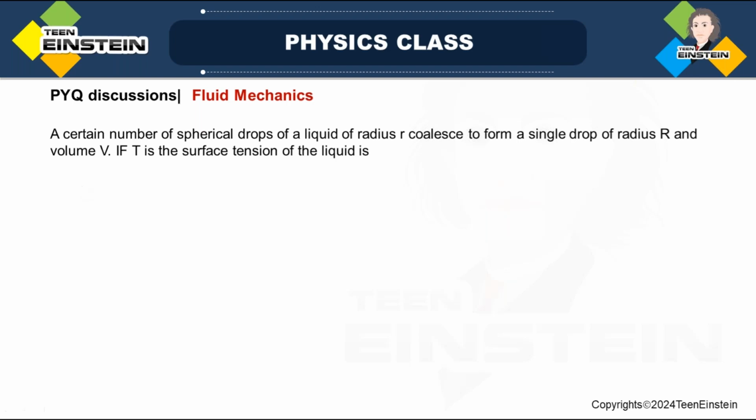See, the question says a certain number of spherical drops of liquid of radius small r coalesce to form a single drop of radius capital R and volume capital V. If T is the surface tension of the liquid, then